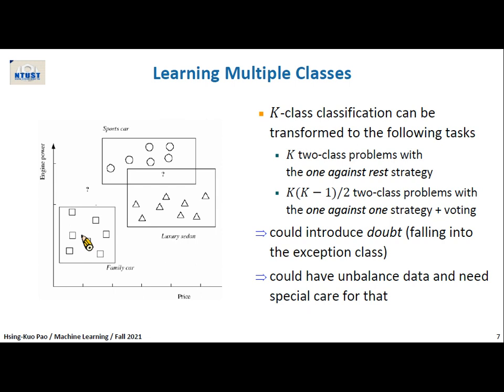Okay, 3 classes. That's very easy, but good enough for us to have some discussions such as that. Can we still use a binary classifier to help us? So that's the situation. Can we use the binary classifier? The thing is that we can use a few of them. Like we have 1, 2, 3 classes, right?